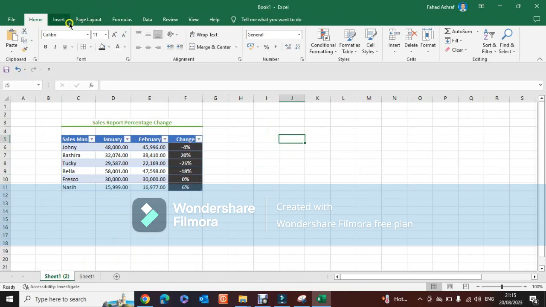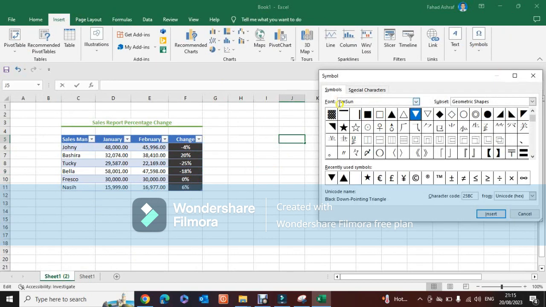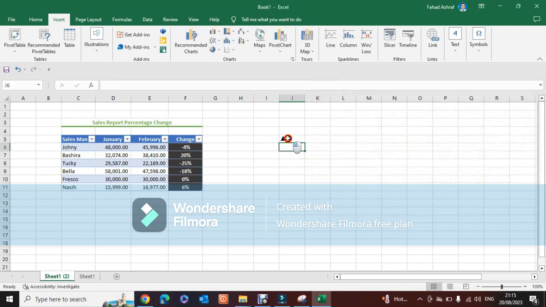Insert symbols, and type Simpson, and then geometric shapes. Add this, insert, and this one we will use in our formula in formatting. Okay, copy these two,